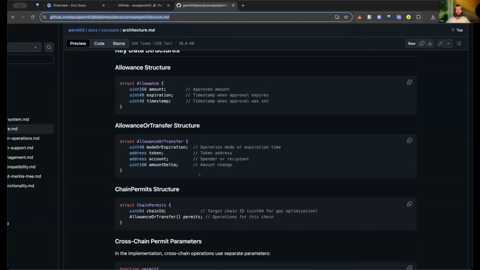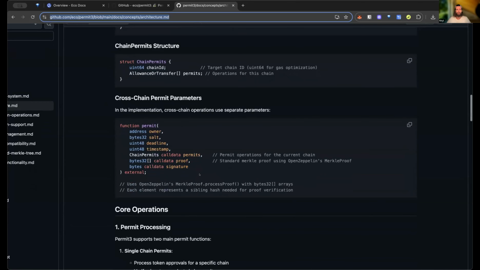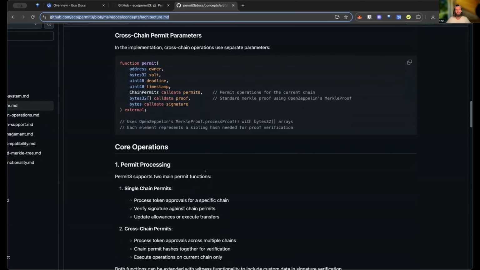So in essence, Permit 3 allowances are incremental. They're operations like increase allowance and decrease allowance instead of set an allowance. And then for each chain, you create a batch, and a batch can also be non-uniform, because in one batch you can mix allowance increases, allowance decreases, and direct token transfers, and you can include as many